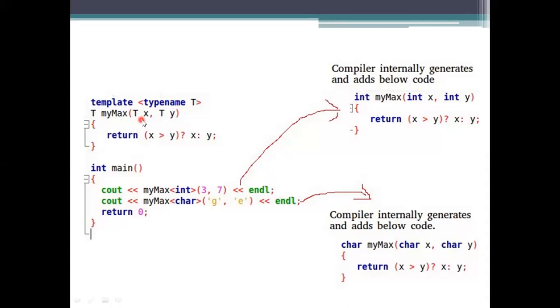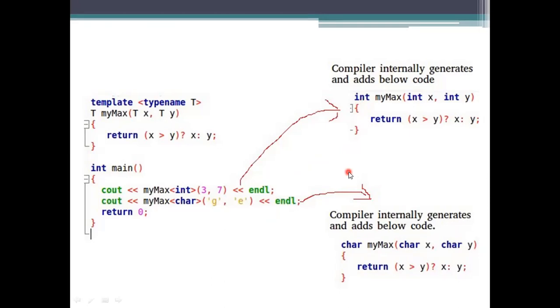That's why the type will be changed. Now how we are going to access it: see here, myMax is the same method. The method is comparing the two values and printing the values here. If you specify integers, it is taking the same code. If you go to the next line, you are taking characters to be compared, and it is taking the same code. But indeed it takes the data type into consideration, and then compares accordingly.